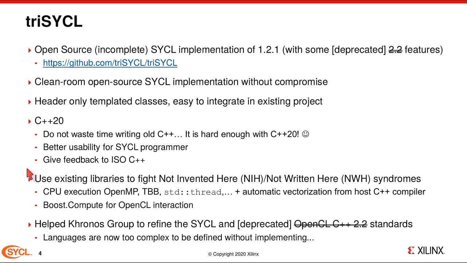In all this project, we try to fight the not-invented-here or not-written-here syndromes. So we relied on all the libraries available, including OpenMP, TBB, and StdThread for efficient CPU execution. We rely a lot on Boost libraries, for example for the OpenCL interaction. And in the end, this project was also used to help the Khronos Group refine the SYCL standard and also some other standards, because nowadays languages are so complex that it's almost impossible to define them without